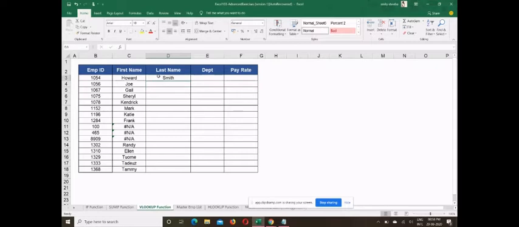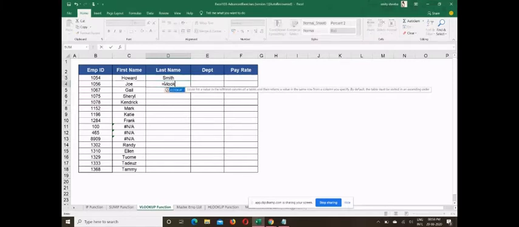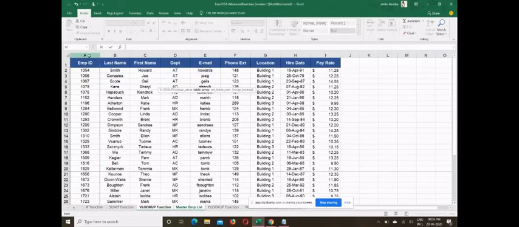So we will do that: VLOOKUP, open bracket, employee ID, which is a constant. Table array is the sheet from which you want to take the data. So this is my sheet. The second column, that is column two. So I'm giving comma 2 comma 0. Done.